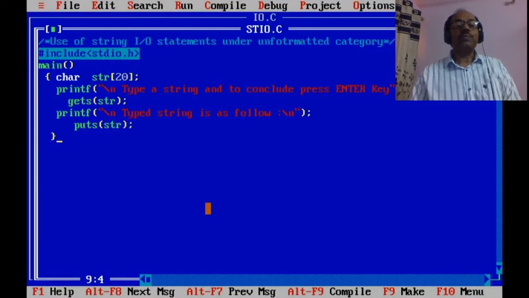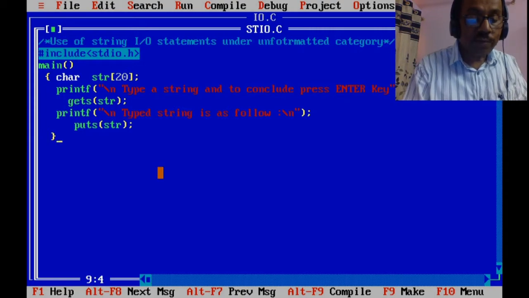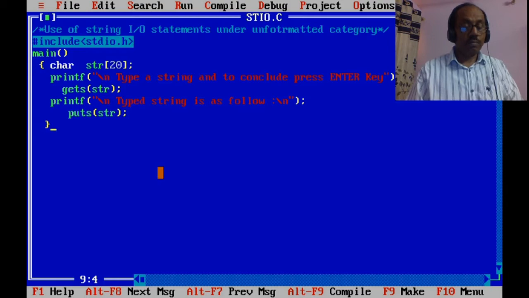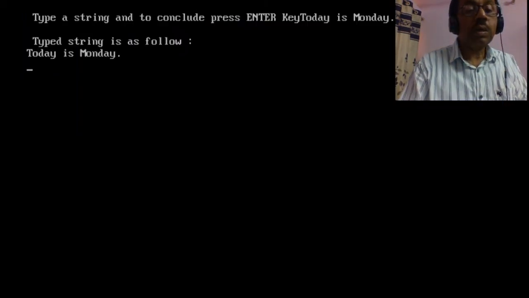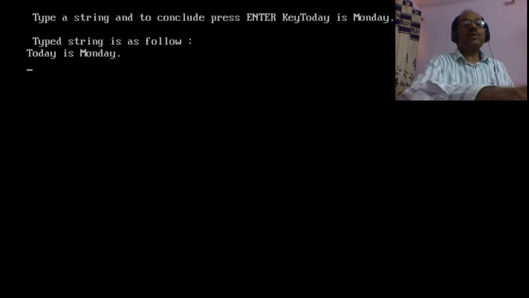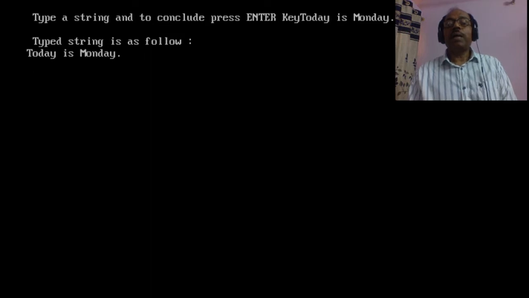Now we have to see what the output will be. So to see the output, we press Alt F5. Here the initial label is type a string and to conclude press enter key, and being a user I typed today is Monday.